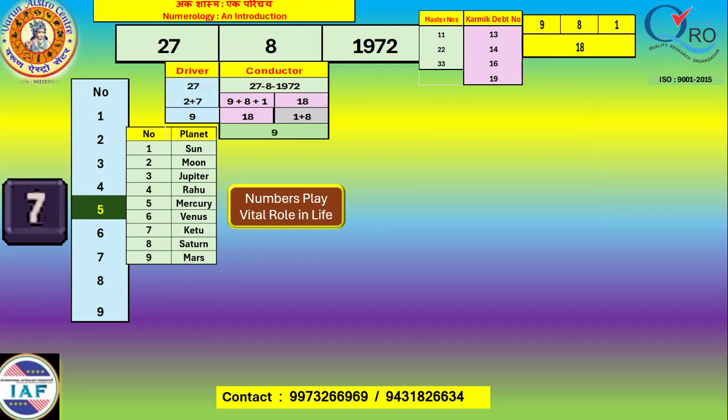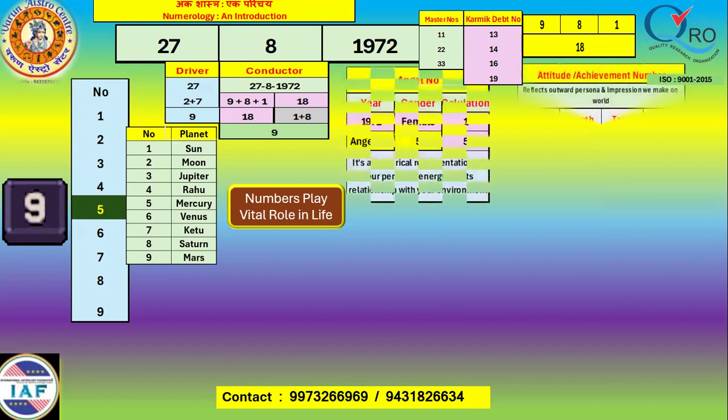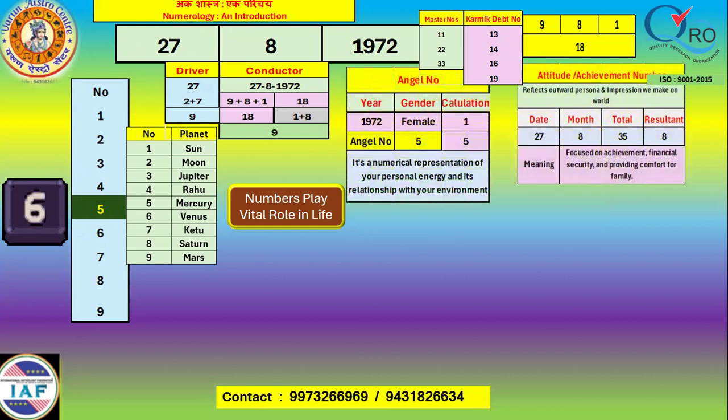So this is because that karmic debt is also taken into consideration in order to identify the problems faced by the native. Next, let us analyze these numbers. These are all static numbers. Angel number, as I told you, is the summation of the conversion of the year to single digit, and for female it is added to 4, for male it is subtracted from 11. But since this is the case of the female,